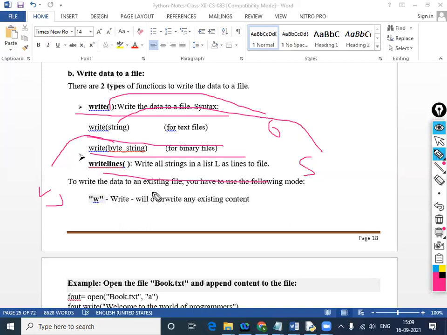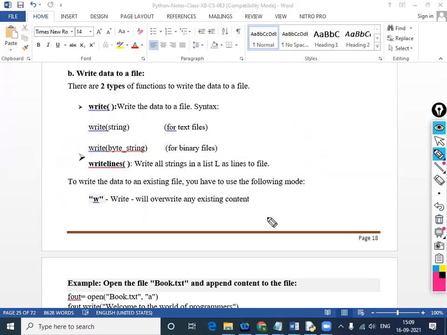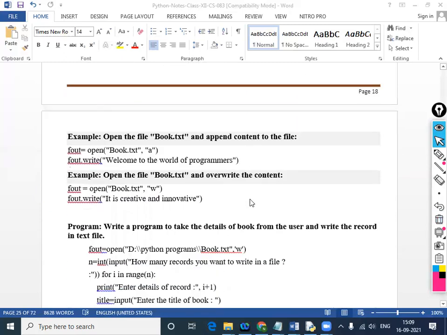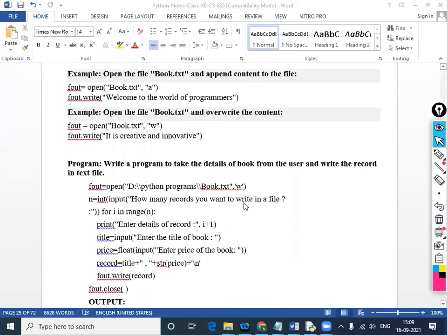So to write the data on an existing file, we have to use the following mode: W, write or overwrite. Fout equals open, a.